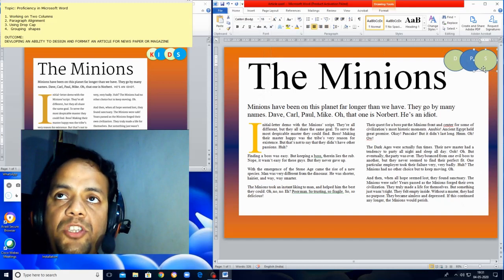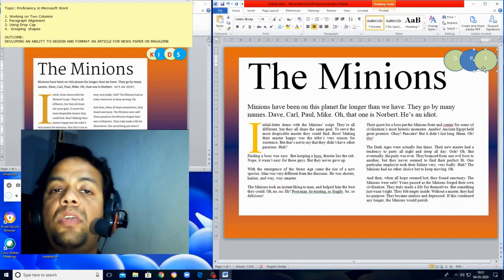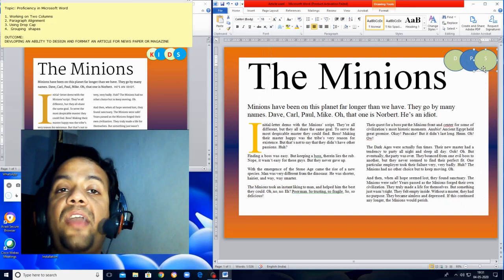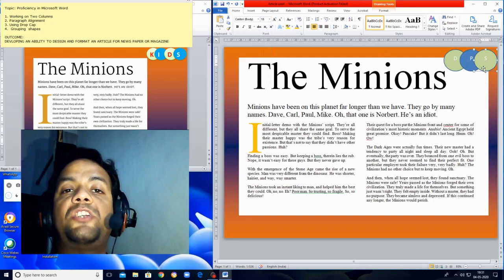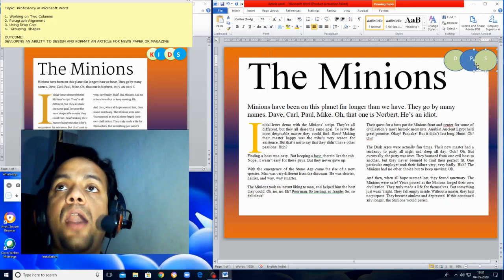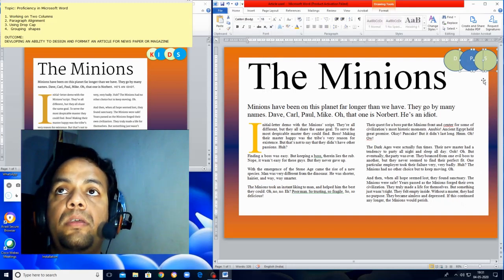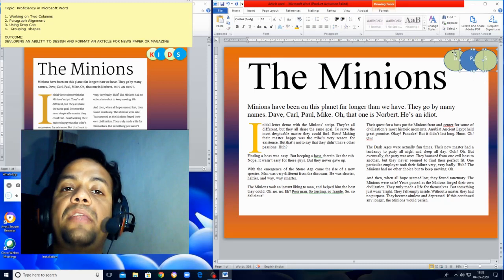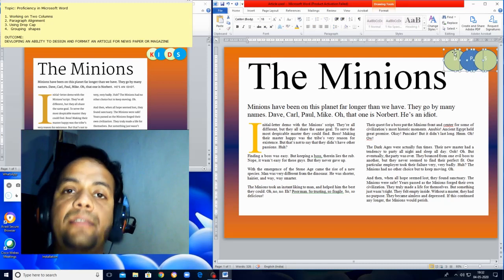You click on one shape. Now keep pressing the shift key. This is very important, keep pressing the shift key. Don't release it till you have selected all the shapes together. So now I'm clicking on the second shape. So the second shape is also selected along with the first shape. Now I am clicking on the third shape. So all these three shapes are selected together.